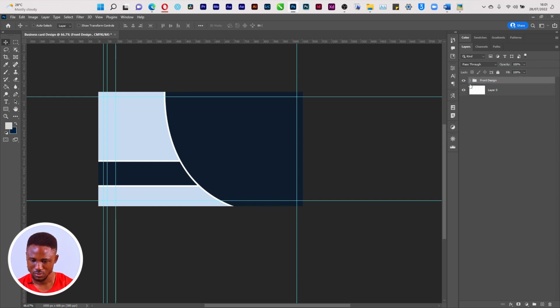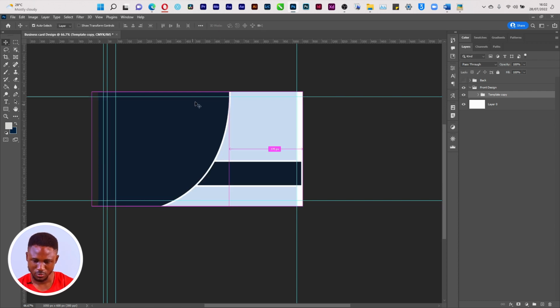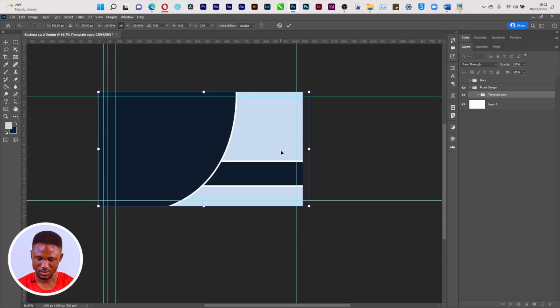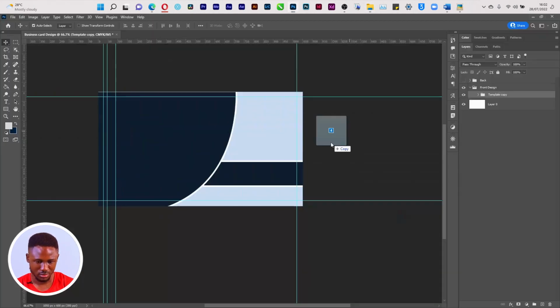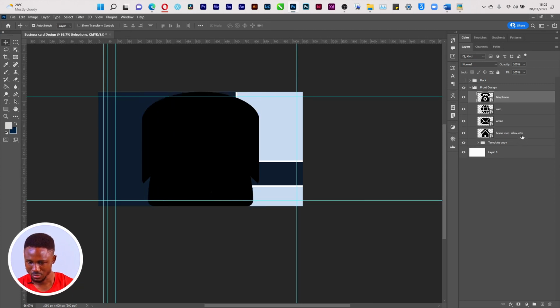But what we can do is we can flip it. So I'll just do Ctrl T, weight minus, and that is how I flip it. So Ctrl T again, and I have it this way. So what I want to do next is to align my icons, home, telephone, web, like that. So I'll just drag the 3 in. Okay. So what I want to do is just